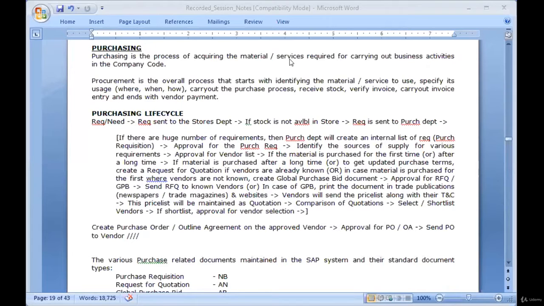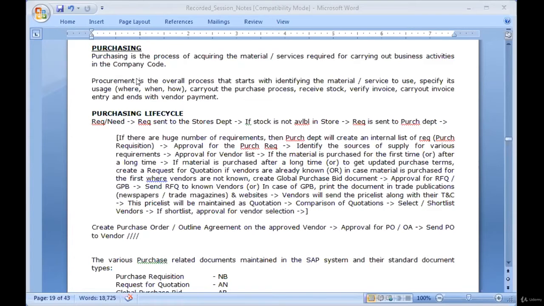Now, there is another common term which is used along with purchasing called procurement. Are procurement and purchasing the same? The answer is definitely no. Purchasing is a specific process which is one of the steps of the procurement process.